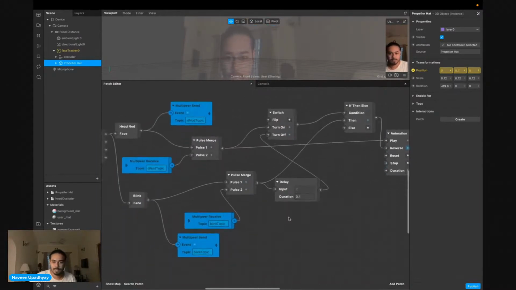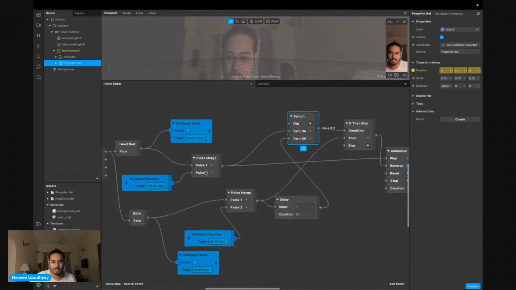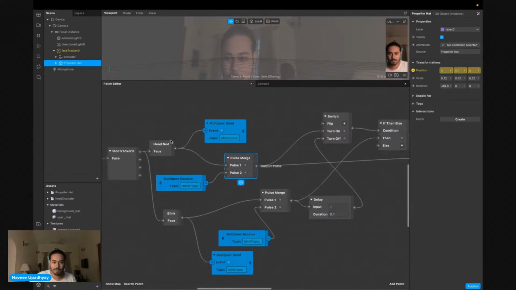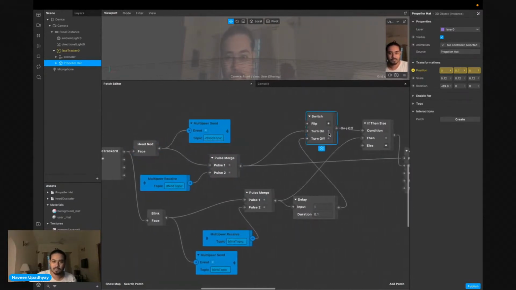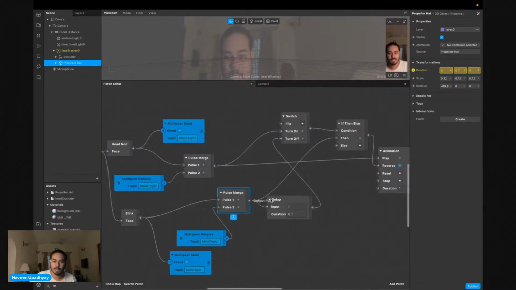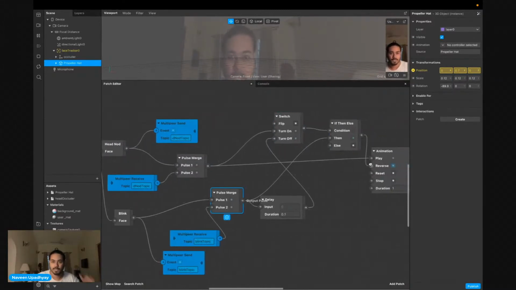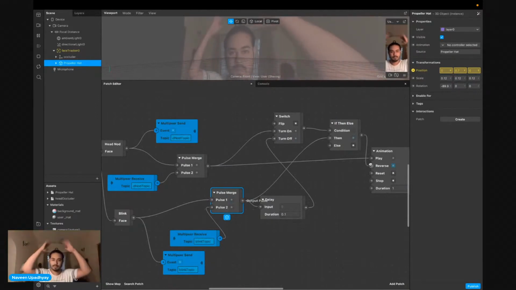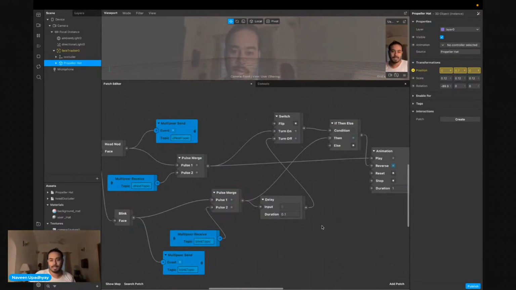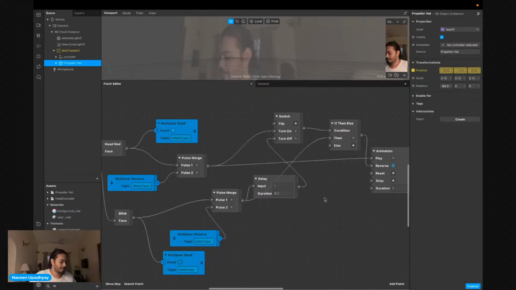What I did is I used a switch to tell me that, okay, if one of the persons head nods, then turn the switch on. If the switch is turned on, then I can reverse, because my hat is now here. But if it's turned off, that means the hat is not on my head, it is somewhere else, then don't do this. So that is why I did it. So now it works. I can call it. I can just put it away.